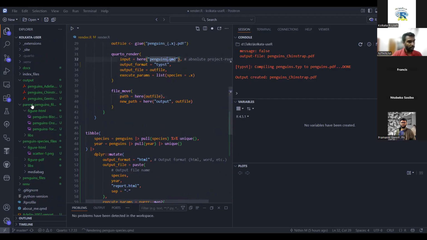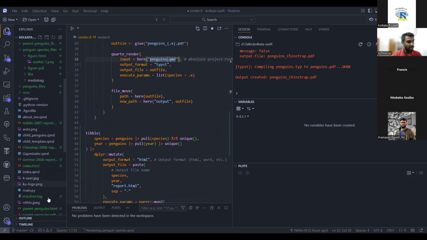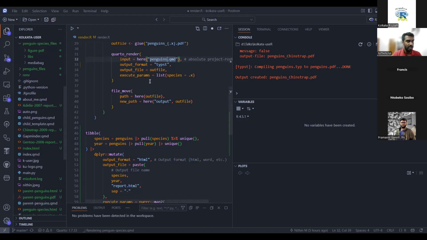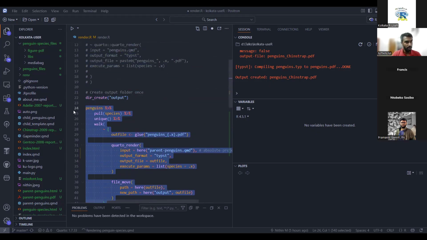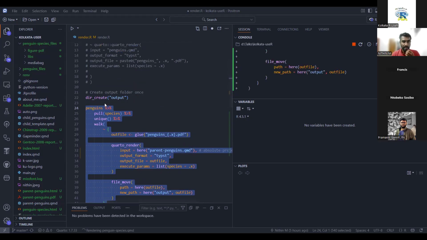If you want this report with child documents, you can change your input argument here, because we still have only one species. So we had this penguins child, parent penguins. So maybe instead of penguins, I can type parent penguins.qmd and I can try to render this again and it will work. It will again give you all the outputs, where now I'll have